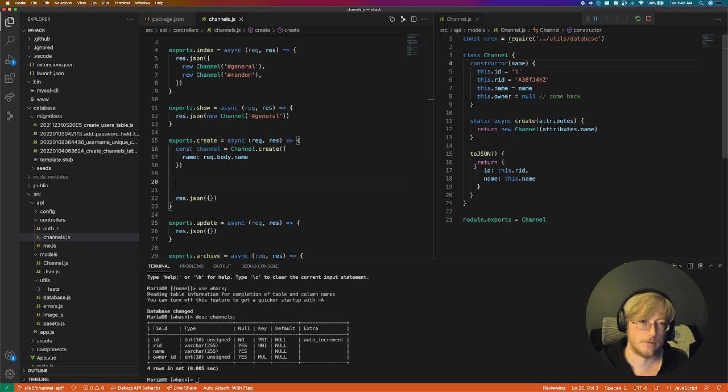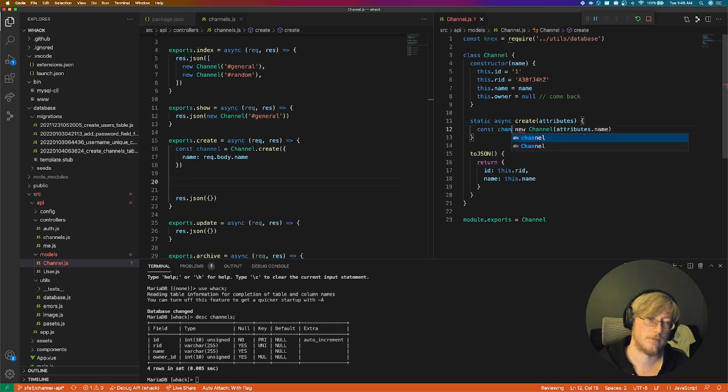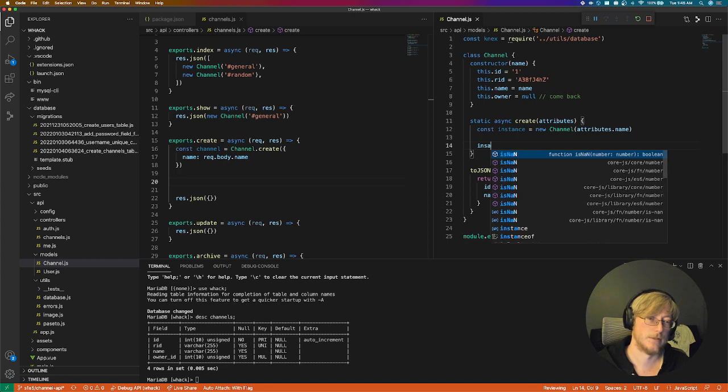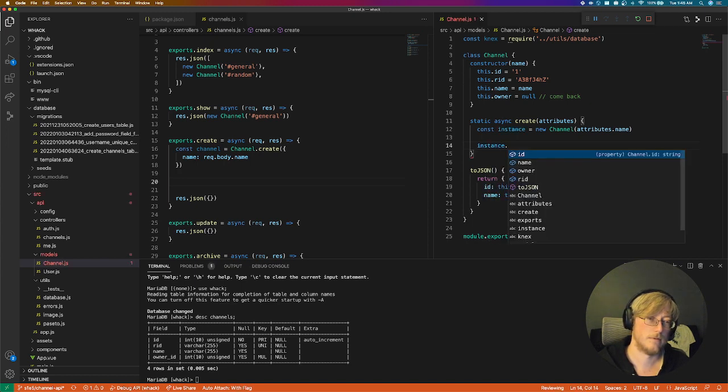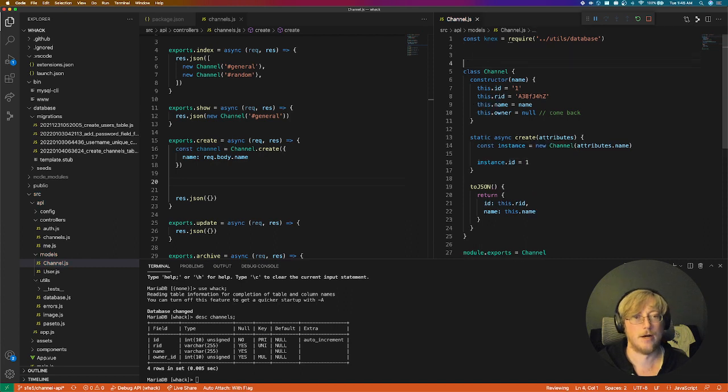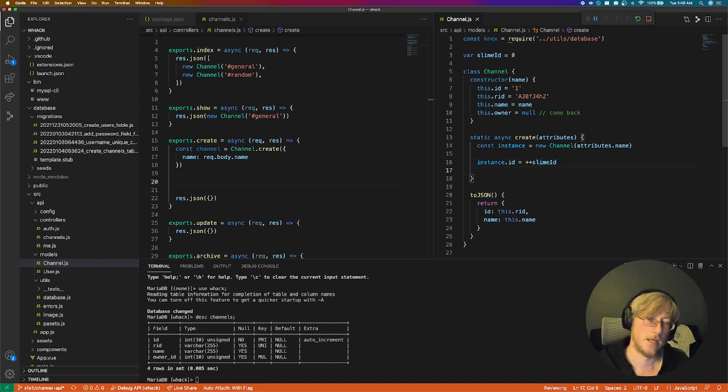So create the channel name. Const instance equals new Channel. Let's say instance ID equals. But right now we'll say var slime ID equals 0, and this is always going to be the next slime, the next ID. And then instance RID,